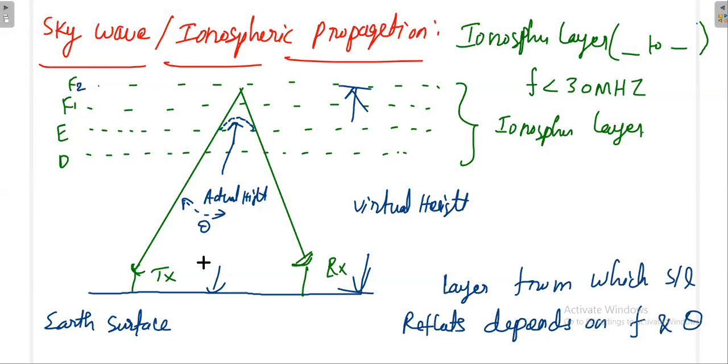Anyway, we know all the formulas, but I will spend some time to explain how exactly the signal is getting reflected. Why is the signal not escaping? Then how is it getting reflected? Because yesterday we learned the concept of reflection and refraction. So again here we are going to use Snell's law.